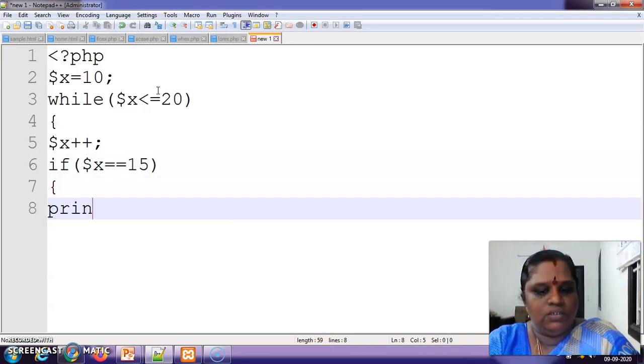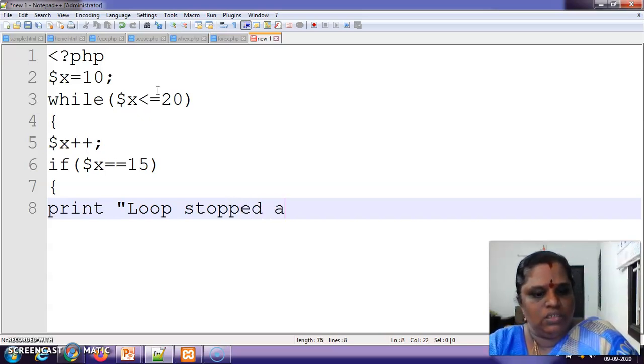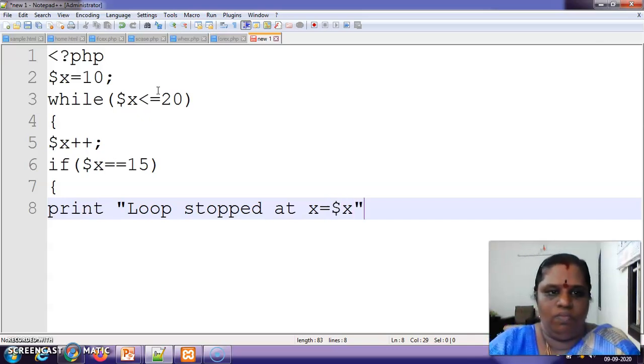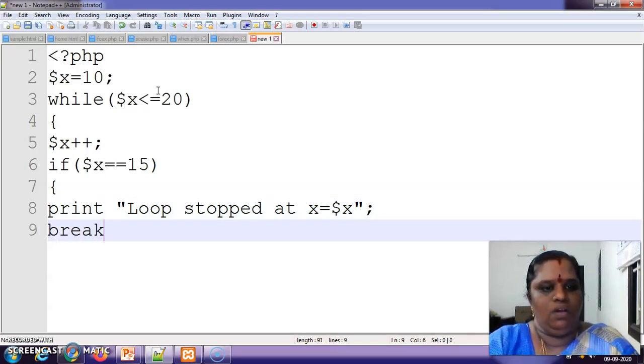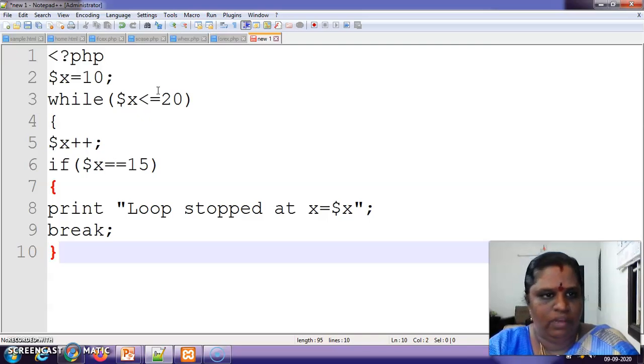Print loop stopped at x is equal to, okay, break. So when it reaches here, it will have the break statement.